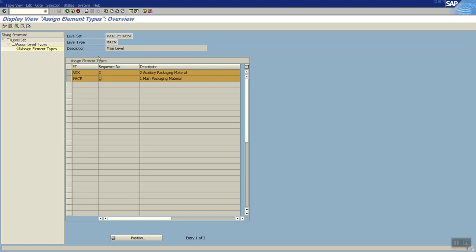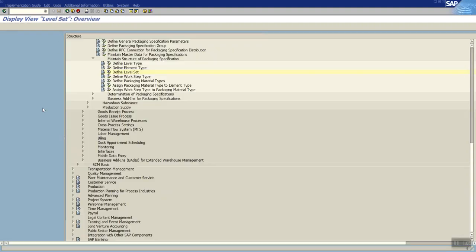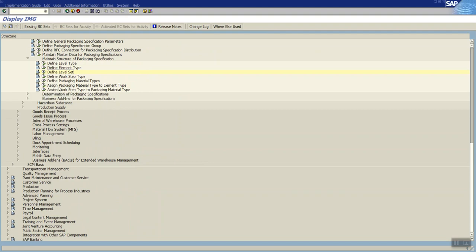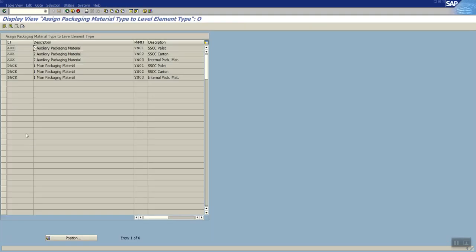So once this element type is defined, this element type is actually the type of packaging material. That is why this element type has to be linked to the packaging material, our actual packaging material. That assignment we will do here.